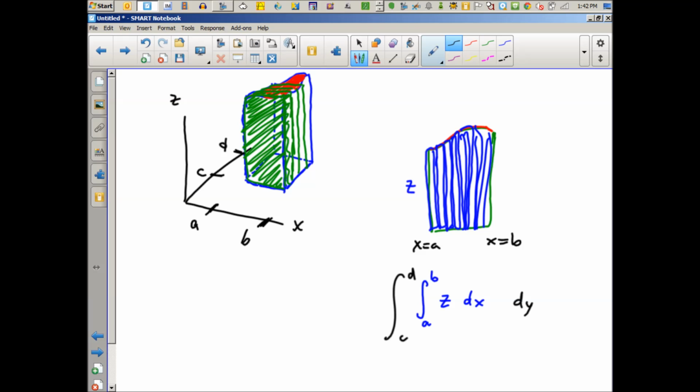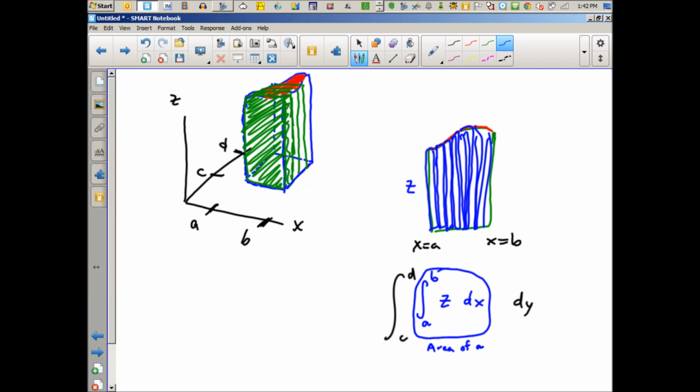And it's like the first integral was sort of just the first thing you did, right? You collected the rectangles to make your sheet, and now you're collecting the sheets to make your solid. And so the inside, the integrand, is an integral. You see? So let me title this. What is this thing? This is the area